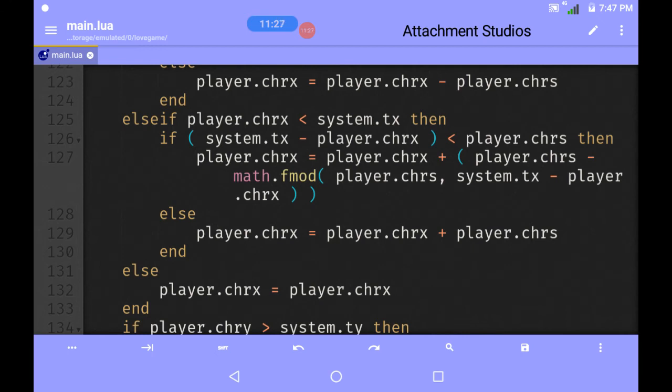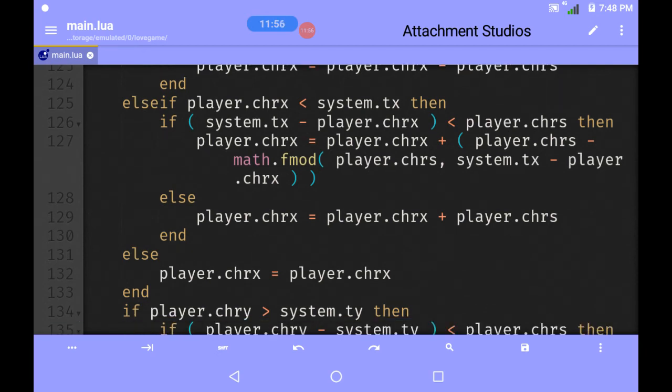Now again this time in the if statement, because player location is smaller than system locations, I made system.tx minus player.chrx, and that only changes the positions; system.tx and player.chrx are only changed, otherwise everything remains untouched. So if system.tx minus player.chrx is smaller than player.chrs, then when the condition is true,